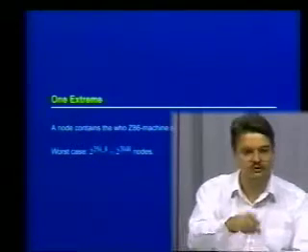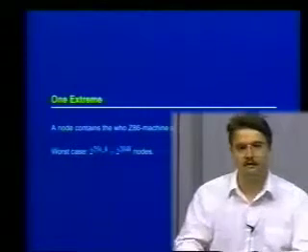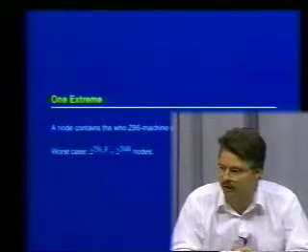So the worst case of this would be 2 to the 256 times 8 bits for every register. And that would be one node for every possible machine state. And then we can start drawing edges in the graph, saying if you are in this node right now, the next instruction is this, it will do something to the machine state, and so we will go over here. That would be a completely precise description of what goes on in the program.